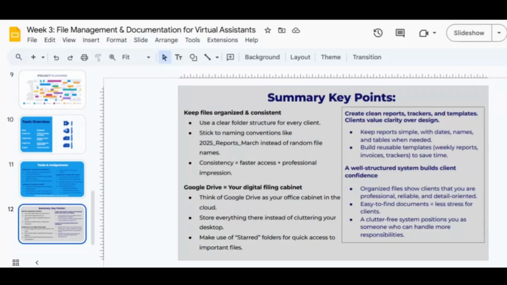So a summary of everything so far: keep files organized and consistent. Use a clear folder structure for every client, like we said. Stick to naming conventions like 2025 report March instead of random file names. Consistency equals fast access plus professional impression. Don't forget these things. If your formatting is not consistent, like I was saying, you are using